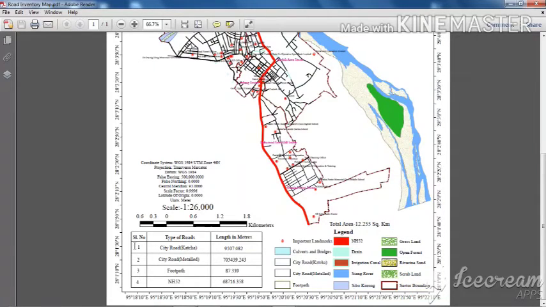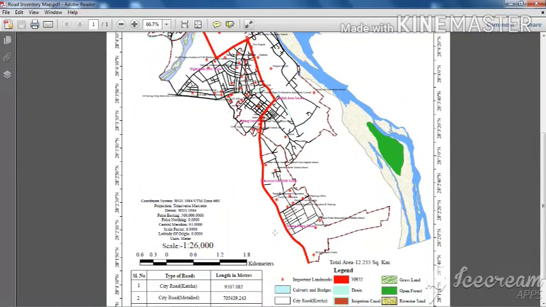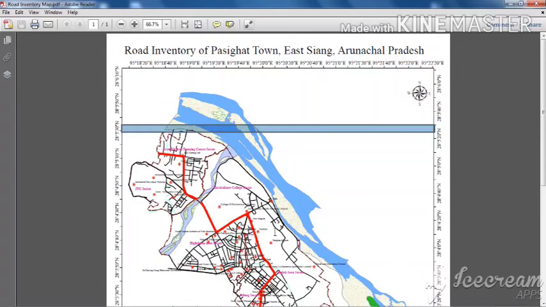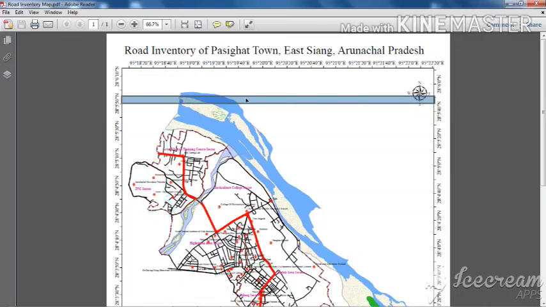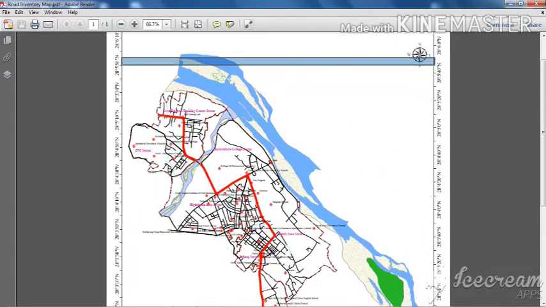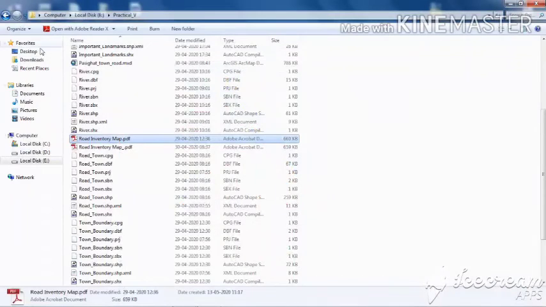And finally, what are the components that you will have to sum up? That is, the total city road is this much of length, the total metal road is this much of length, etc. This is just arbitrary data. Don't go for the data sets itself. I have modified the data because I will be showing it on Facebook media, and I cannot share the real data, real picture with you. So it is altered, but just see that this is the way in which you will have to prepare an industrial map. So that's it for today.